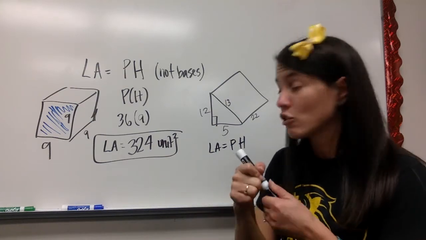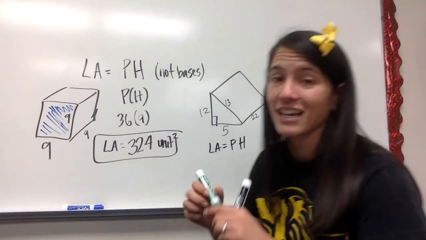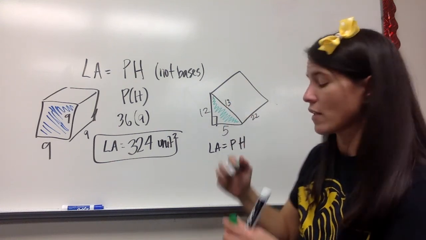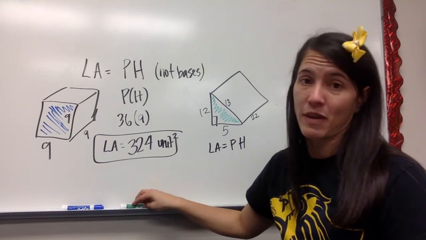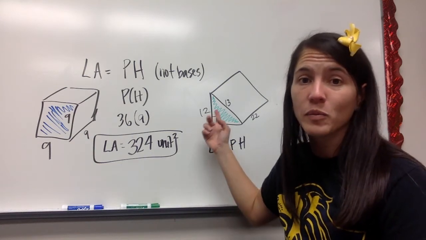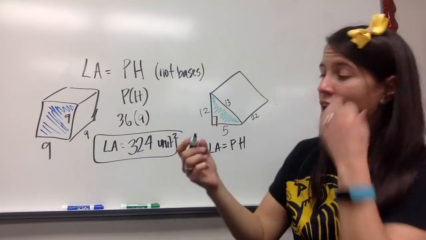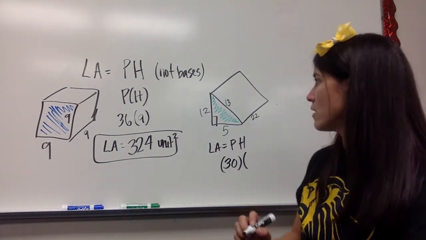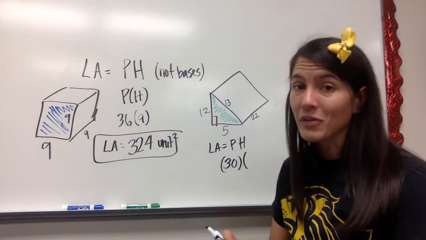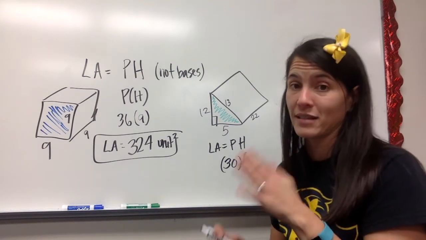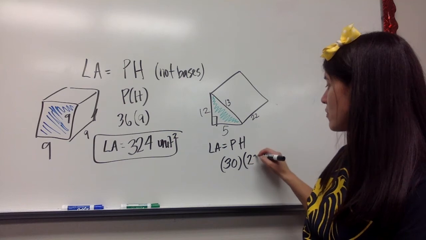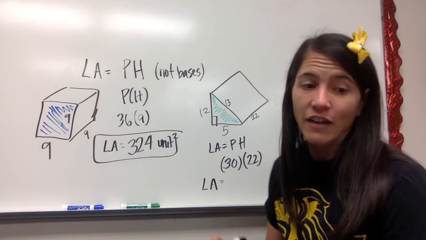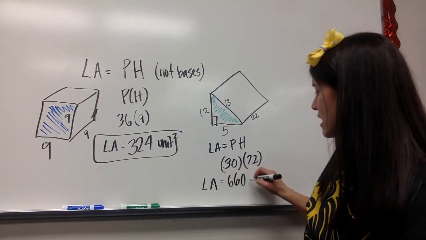Now this is a triangular prism, so we don't get to choose the base. In a triangular prism, the triangle has to be the base. And we need the perimeter of that base. So 5 plus 12 plus 13, so you add this together and you get 30. And the height of the prism, remember the height of the prism is not on the base. So the 22 is the height of the prism. And the lateral area of this one is 660